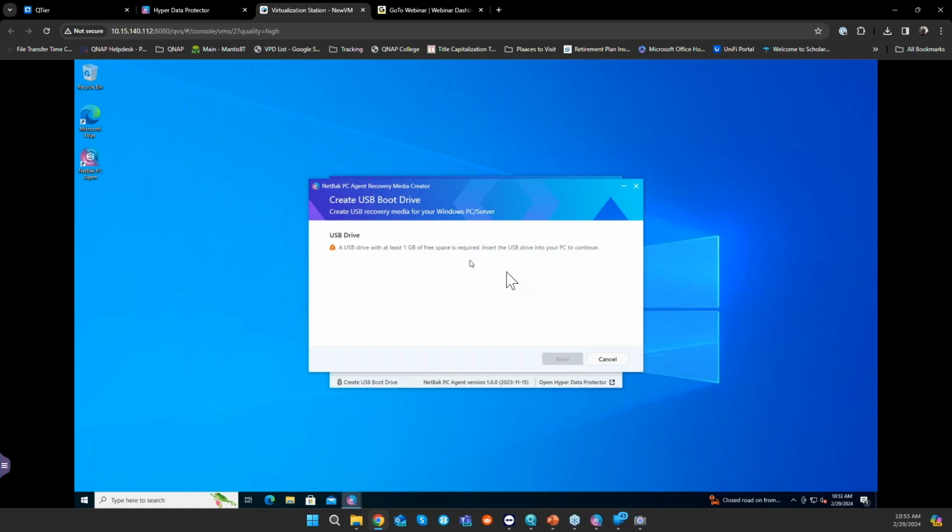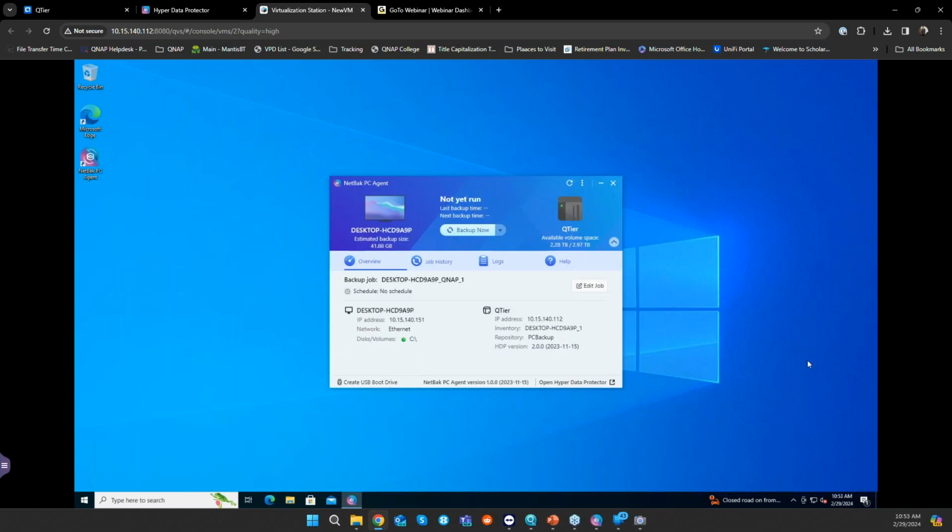I don't have a USB plugged in, but if it's plugged in, you click on Next and it will start creating a boot drive and you can use that. I'll show you a quick way to restore this, but that's how you can do it as well. Let me show you